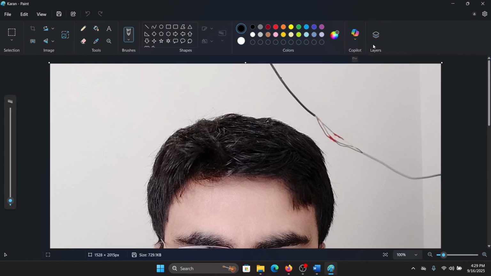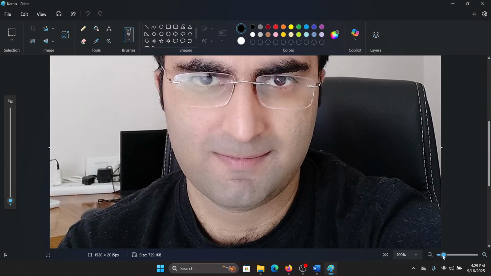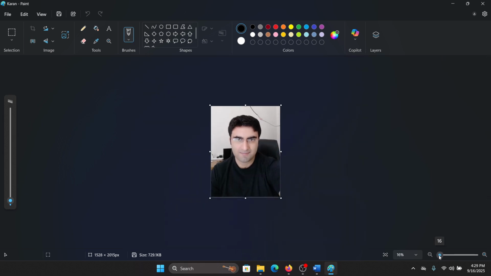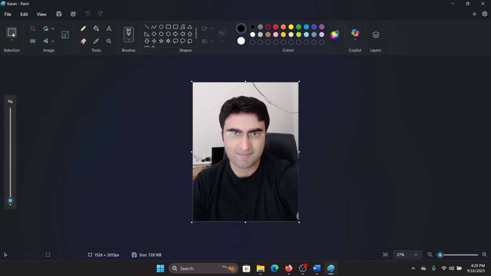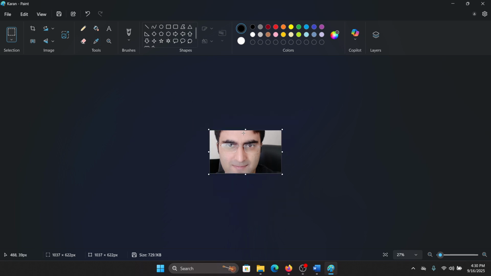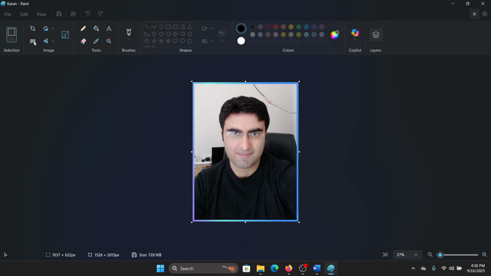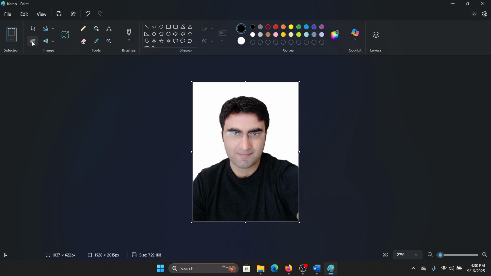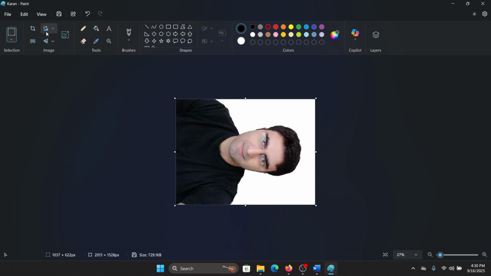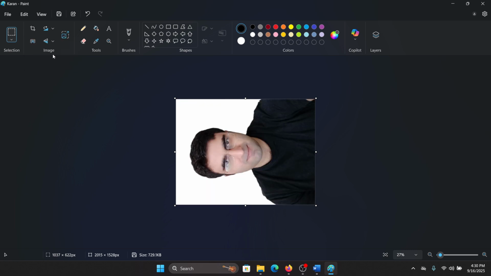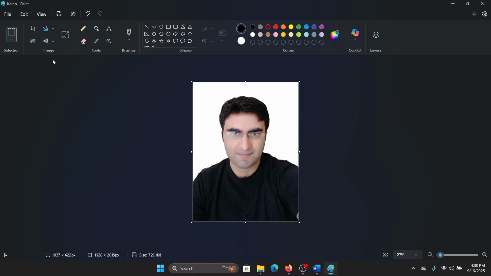Okay, now how can you edit pictures with it? So it has a lot of tools. First of all, we will make it smaller so that we can see it in the exact size that we want. And then we can use the selection tool to select a certain part of it, the crop tool to crop it, and this tool to remove the background, which has been removed, this one to rotate the picture, okay, this one to flip it,